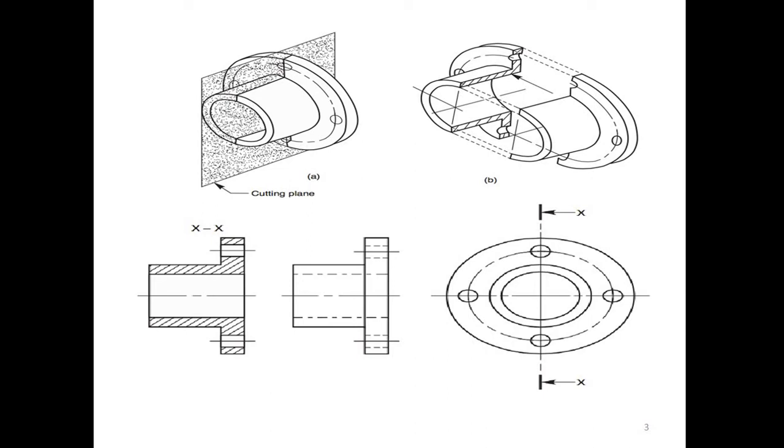The difference between the sectional view and the front view without a section is shown here. In the sectional view, the cut section is taken at section XX and hatching is shown. But when looking from the front view, the two small holes are invisible, so they are shown by dotted lines. The inside diameter is also invisible, so it is shown by a dotted line. The difference between these two is that in a sectional view, we can see the inside dimensions and inside details.